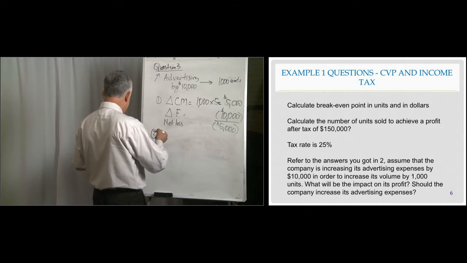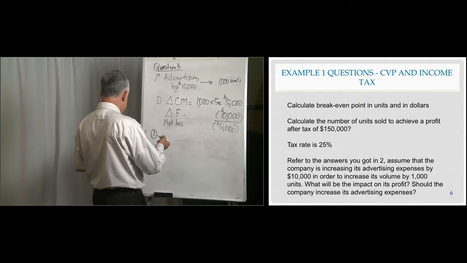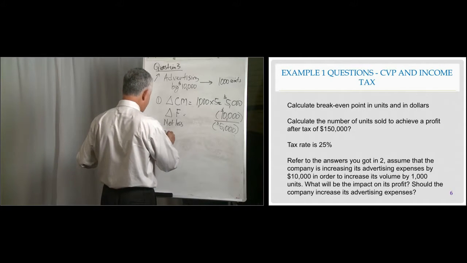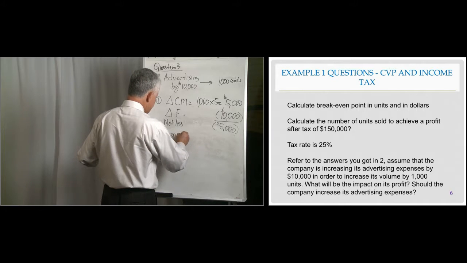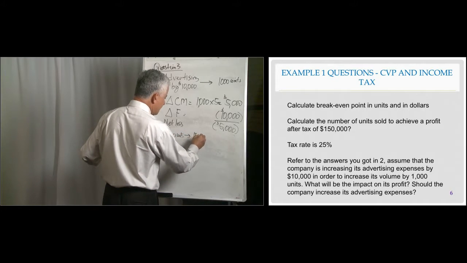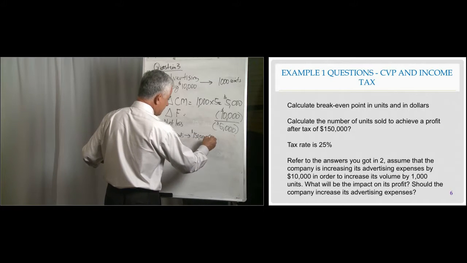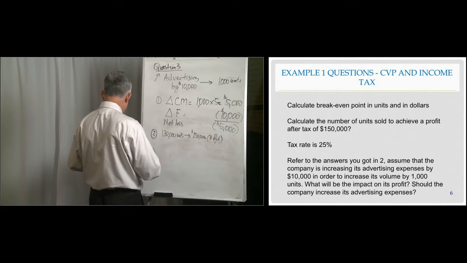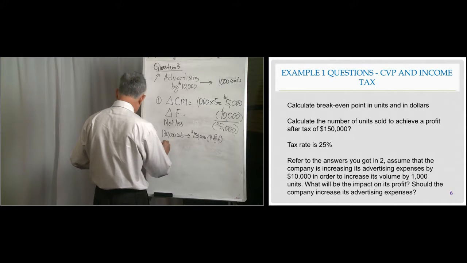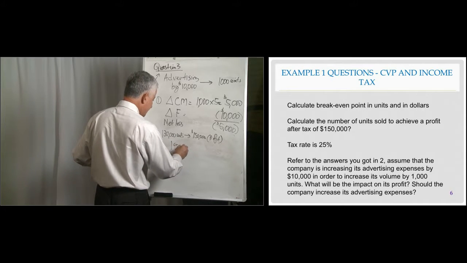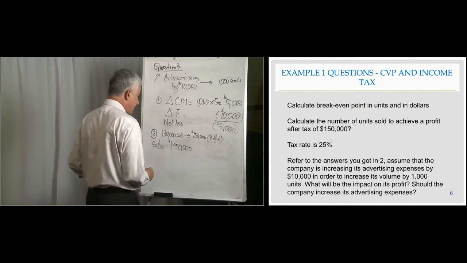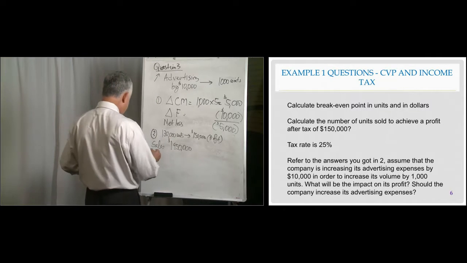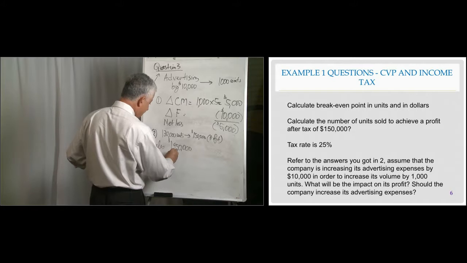We know that based on the sales in units from the previous question, 130,000 units will allow us to generate a profit of $150,000. That's the profit, right? Let's reproduce the income statement using 130,000 units. So sales will be 1,950,000. How did we get 1,950,000? Just 130,000 units times 15, right? And then the variable cost is 1,300,000.